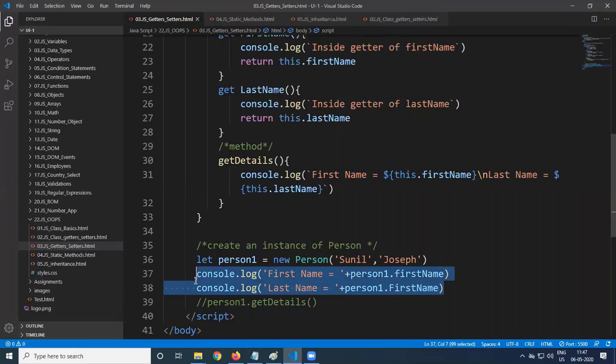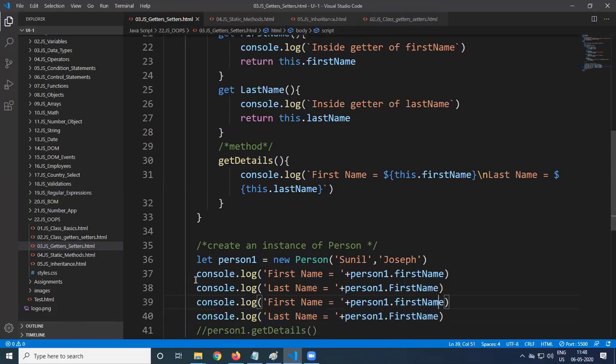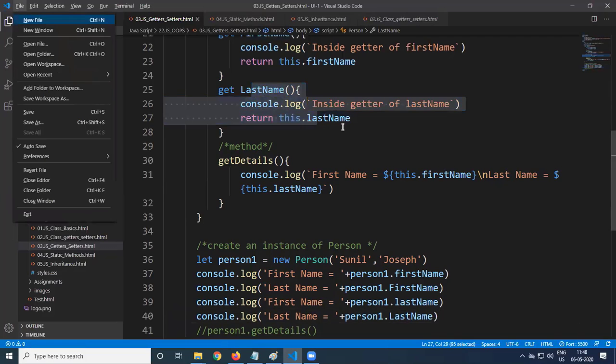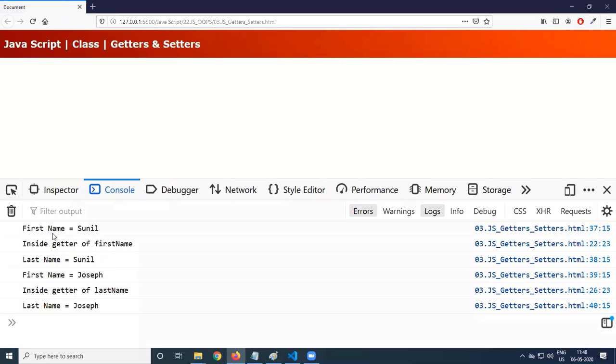If you access the property directly, last name, it will get that value directly. But if you say L capital letter, at that time getter last name will be called. So now when you refresh, you see first name accessing the direct property, accessing the getter, and this is the direct property we are getting, and this is the getter.